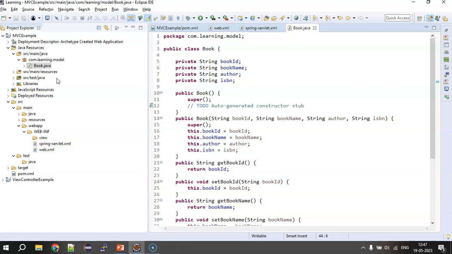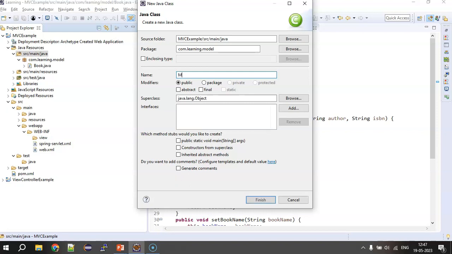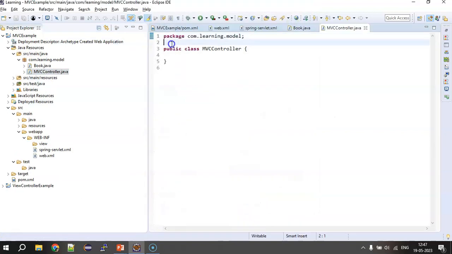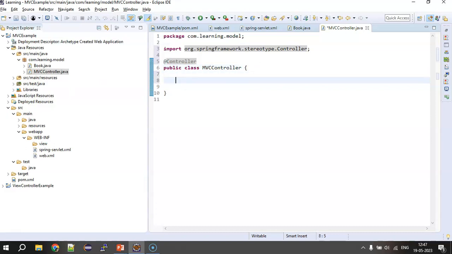Once this particular book class is created, what we need to do is right click again, and we'll say new, and we'll say class, and we will name this MVC controller. Okay, and we will say finish. Once this class is created, we will add an @Controller annotation on it. Okay, and we will create one method here, that is public string, because we'll be returning the view name here,